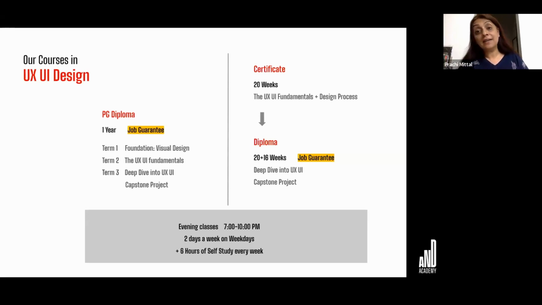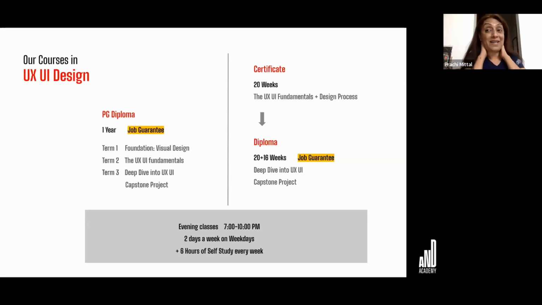You can decide towards the end, after you've finished 15 weeks of certificate course, we will give you the opportunity to choose whether you want to go forward or not. Similarly, if you even sign up for a diploma at the beginning, but for some reason, after the first 20 weeks, you feel that you don't want to move forward, you can apply for a withdrawal and you will still get a certificate.